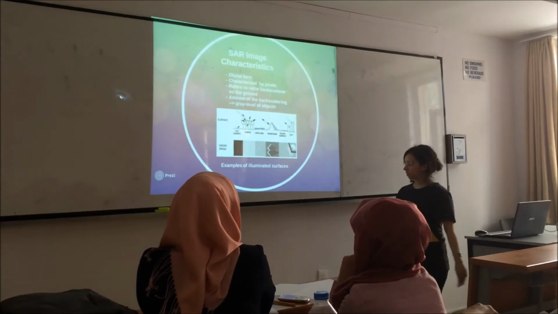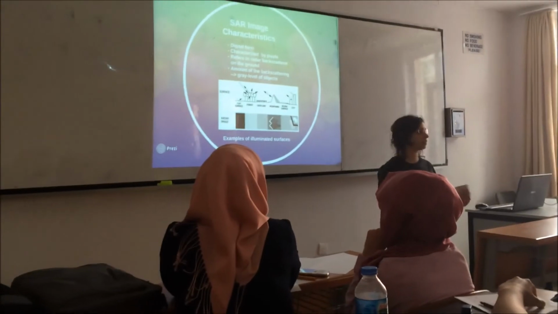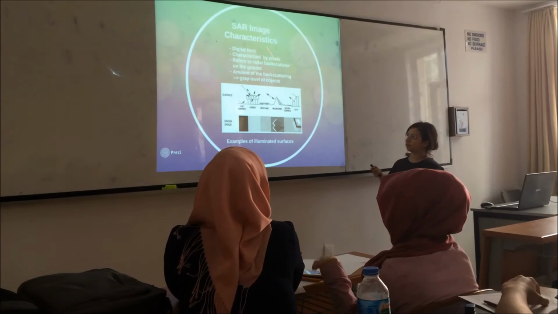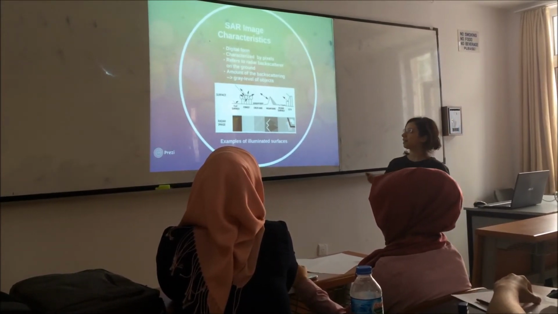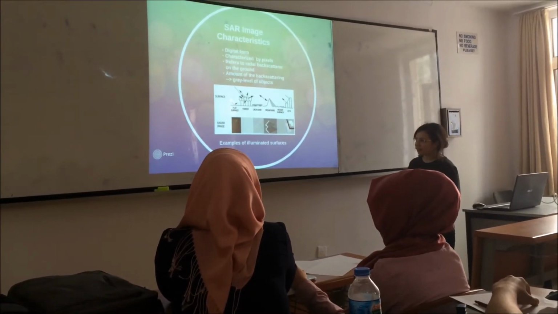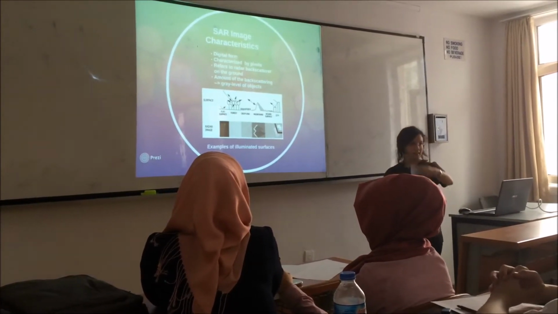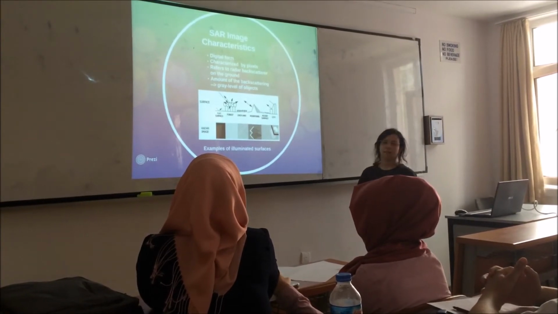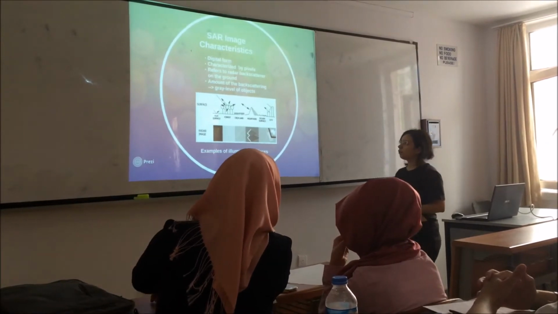SAR images are in digital form, so they are characterized by picture elements, pixels. And each pixel refers to the radar backscatter on the ground. What's the backscatter? The radar signal comes in and then comes back. It's like that. This is the backscatter. And the amount of backscattering gives us some gray levels of the objects. For example,